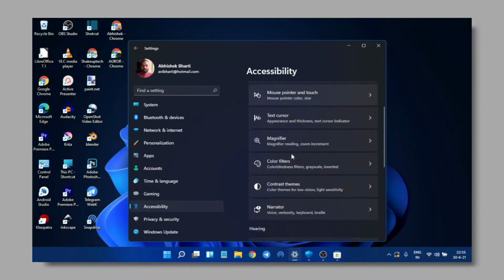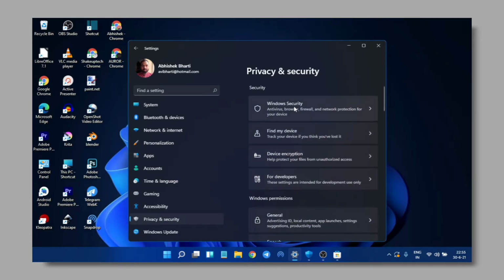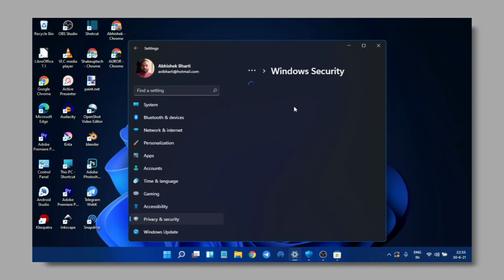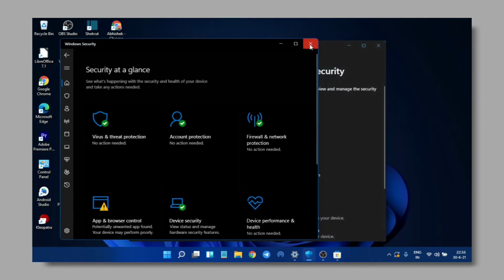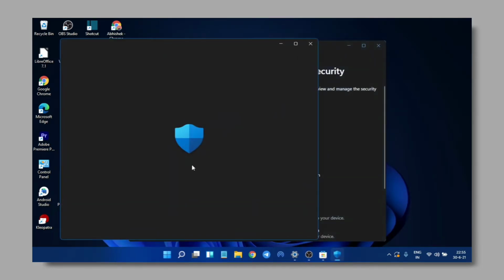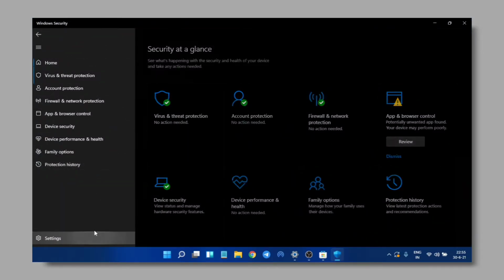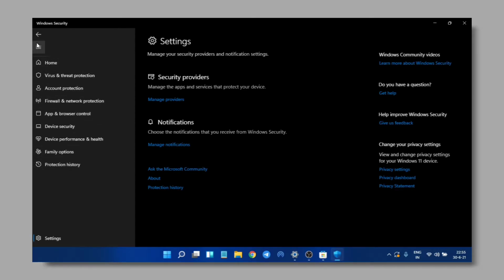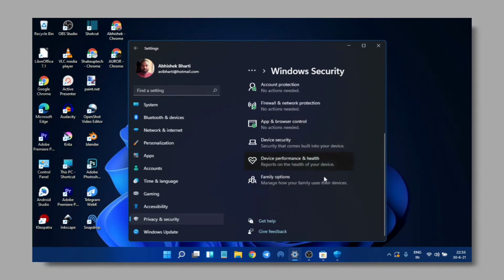Okay, so accessibility, the usual options. I think eye tracker. Okay, it must be for the newer laptops which have this retina eye scanner or something. We got Windows Security. So this is a new one. If I open it up, you can see the new logo for the security. Let me close it and open it again. Right, I've already opened it in the background. You can see this is a new logo. This interface is very highly similar to the previous one, so nothing new here. I think it looks kind of like it wasn't updated.